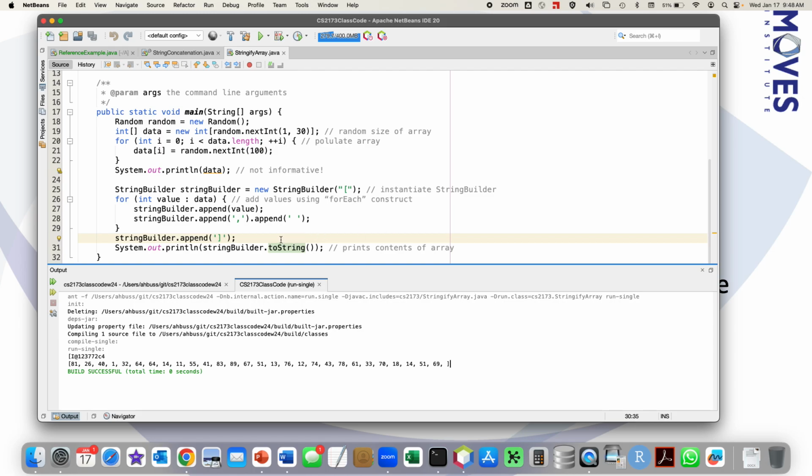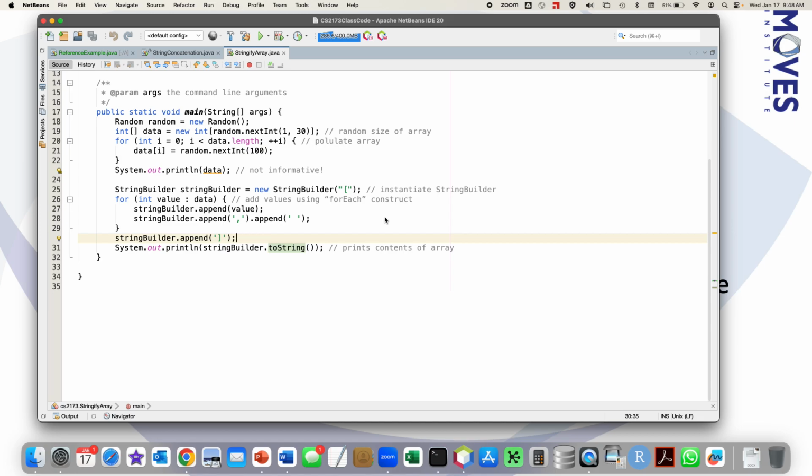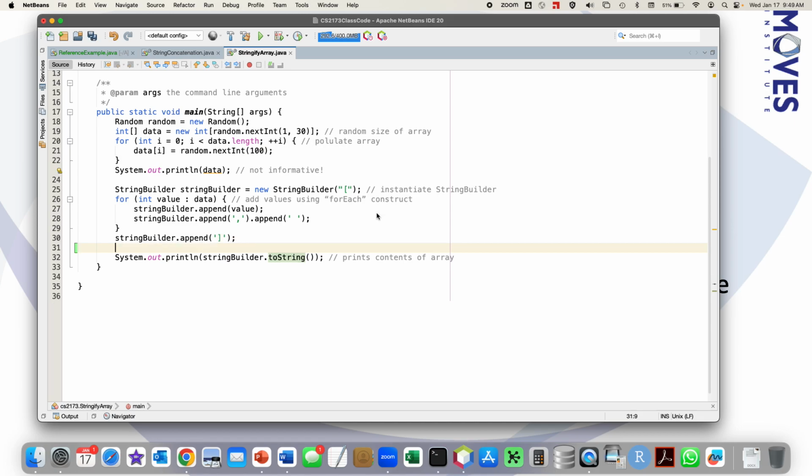So, how can I fix that? Well, it turns out StringBuilder has some very useful things, because StringBuilder itself, unlike a string, is mutable.